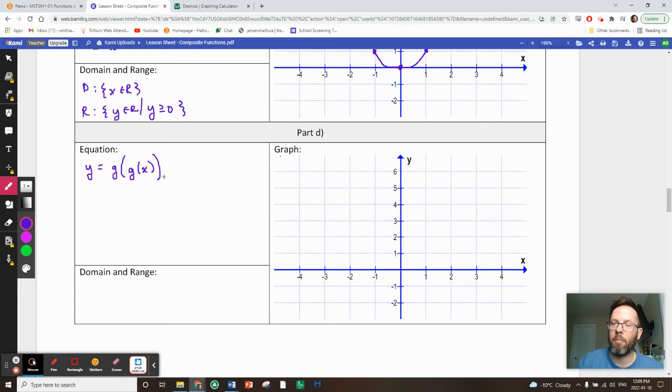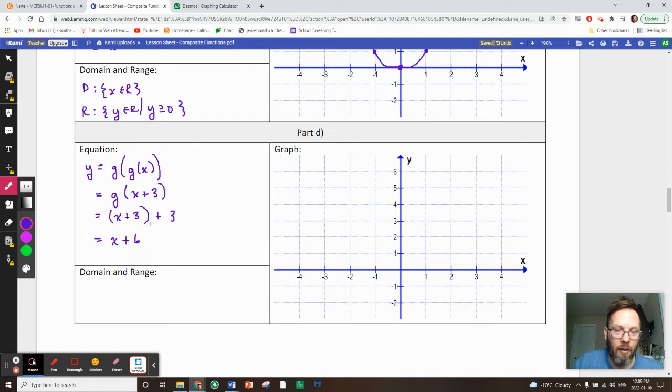Where we have an x, we're plugging in the function g. So give it a try if you like, or follow along with me. g of x is x plus 3. So in that function, where there's an x, you're going to replace it with x plus 3. And we get this composite function,